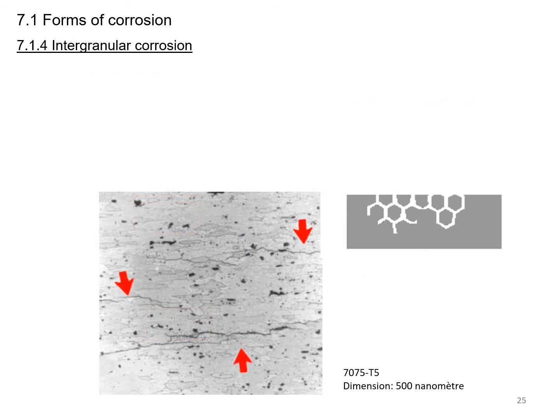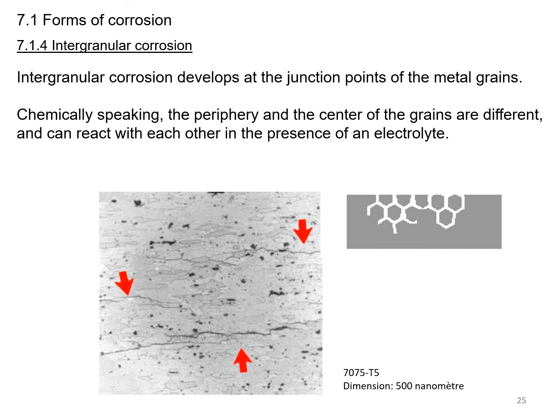7.1.4 Intergranular corrosion. Intergranular corrosion develops at the junction point of metal grains. Chemically speaking, the periphery and the center of the grain are different and can react with each other in the presence of electrolyte. Now, we mentioned already that the aluminum that we use is not pure aluminum, it's always alloys that we use. For example, 2024 is with copper, so it's an alloy of aluminum with copper. This means that we have two different metals in contact with each other, because we mentioned also that metals, when we melt them together, don't actually mix together. They will keep their properties, meaning you have different types of metals that are in contact with each other,